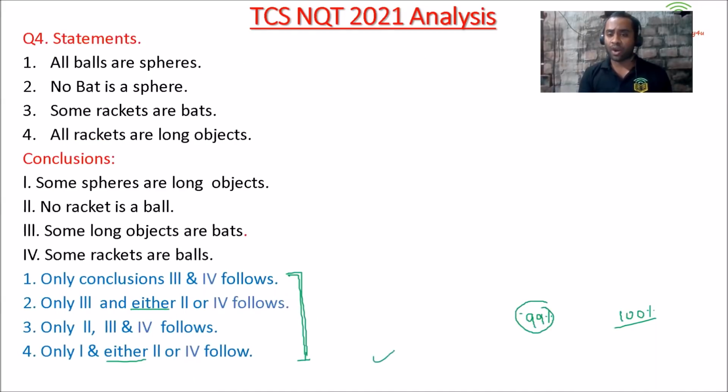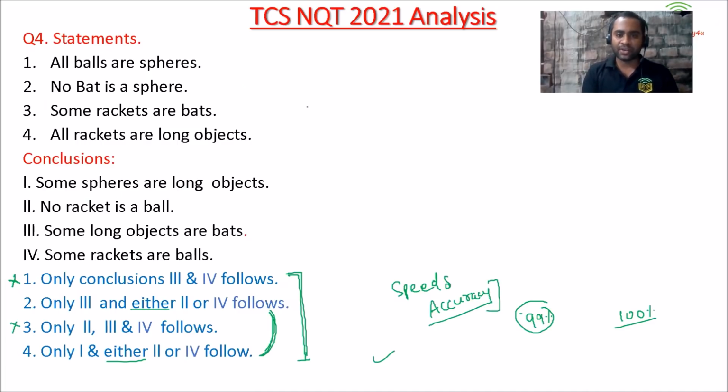And friends, that is what I teach you in live classes, how to identify and eliminate the options. So you can say 1 and 3 will not be your answer, only those with either-or will be your answers, and we will be able to eliminate them very fast and very soon. Now friends, as you know, you need speed and accuracy in your examination. So you need to be very smart while handling the questions. So let us start with the questions.